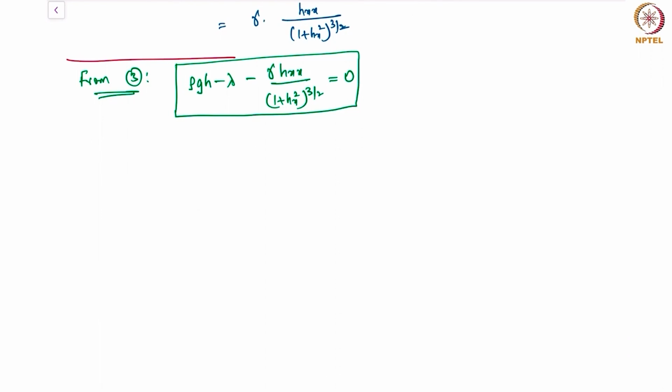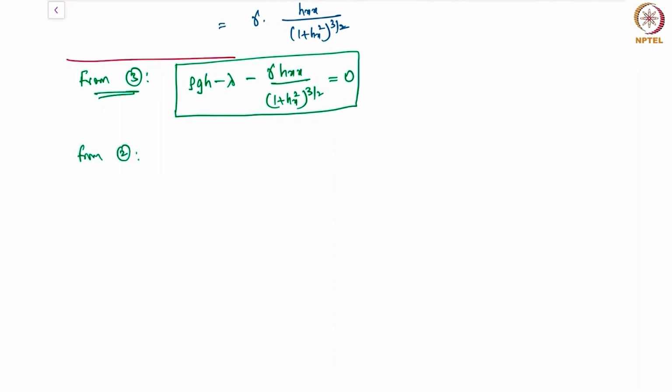But we will compare this expression that I have put in the box with the expression for the normal stress balance, the jump condition for pressure across an interface, and you'll see that this lambda will turn out to be the pressure jump, or a difference in the pressure. I'll explain what that means, but we'll hold on to this expression for later analysis. Okay, so we'll now look at